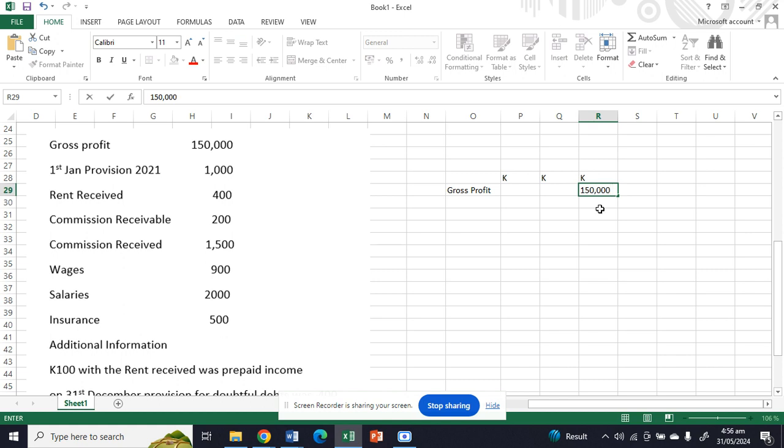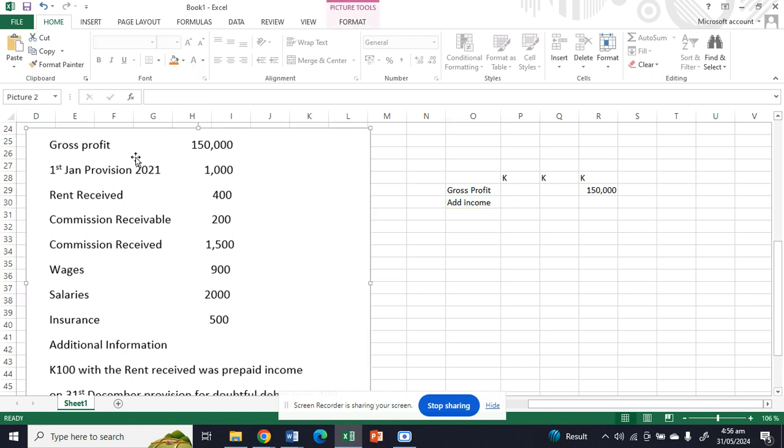So after the gross profit, you say add income, right? So as we can see here, we have rent received, although we've been told 100 kwacha within this 400